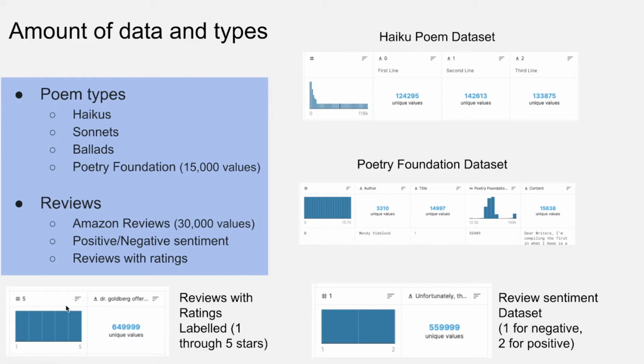In earlier models, we trained our program with datasets of haikus, sonnets, and ballads to generate basic structured poems, and used reviews with labeled ratings and labeled sentiment with around 500 to 600,000 values each. For the final model, the Poetry Foundation and Amazon Review dataset were used to achieve our goal, as Percy mentioned, breaking down the original review into a summary and creating a poem with it. We ensured that the datasets we used were large and unbiased to prevent misleading and inaccurate generation.